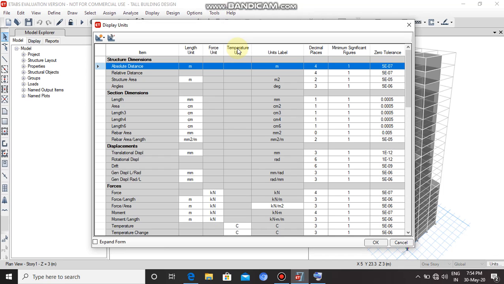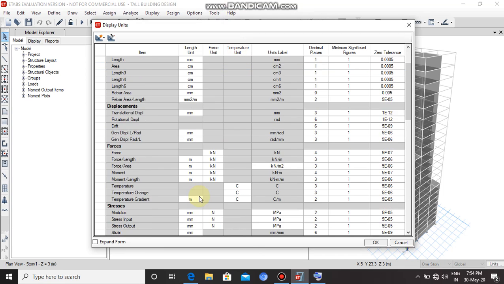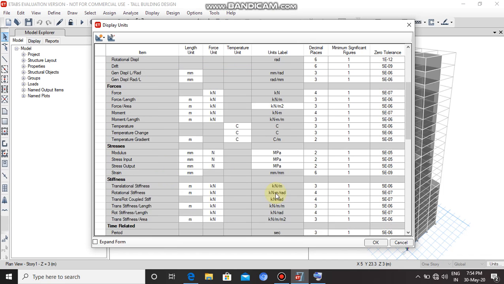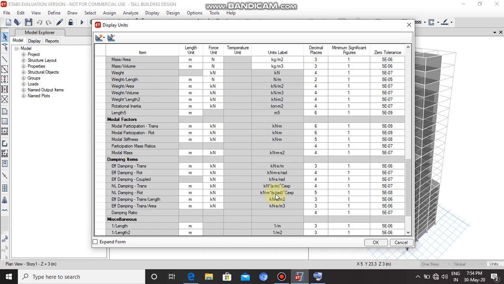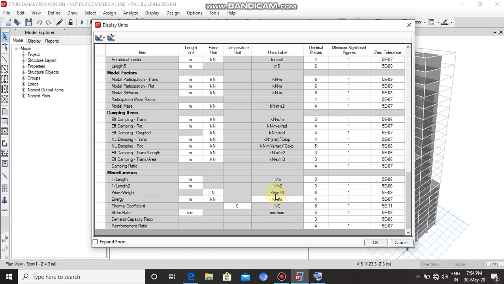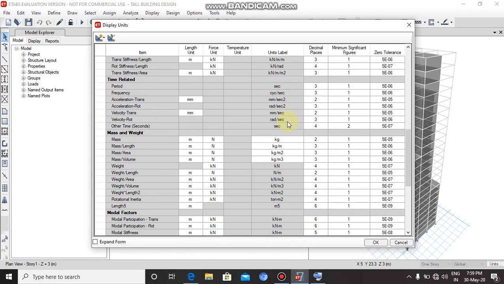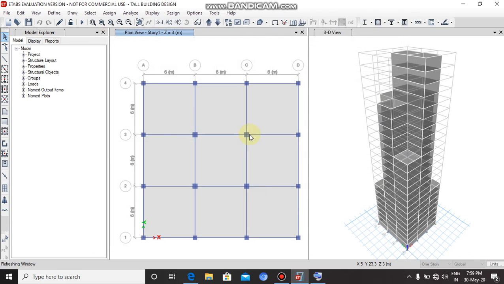We need to enter the acceleration values to define the load case for the response spectrum function. So now check the units of acceleration parameters, that is millimeter per second square, and then click on OK.